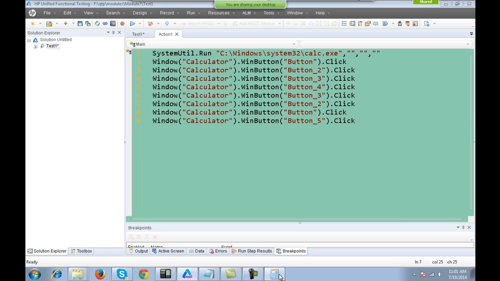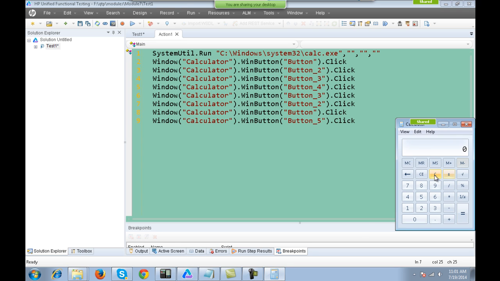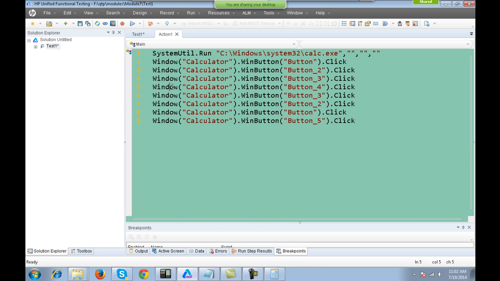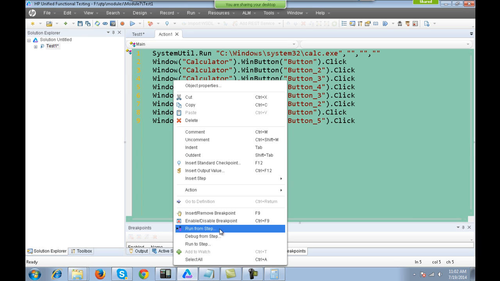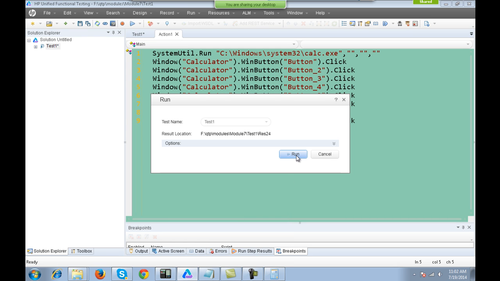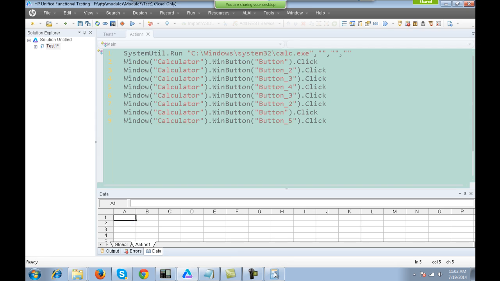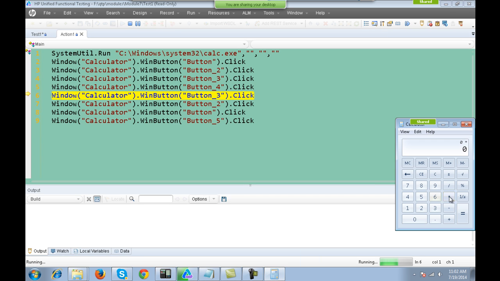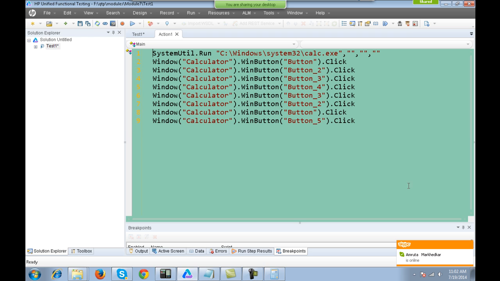Suppose I have my calculator already opened and I want to start from line number 5. It's very simple. You right click on line number 5 and you select the option run from step. When you select this option, the script will start running. You see that it's running from line number 5, right?